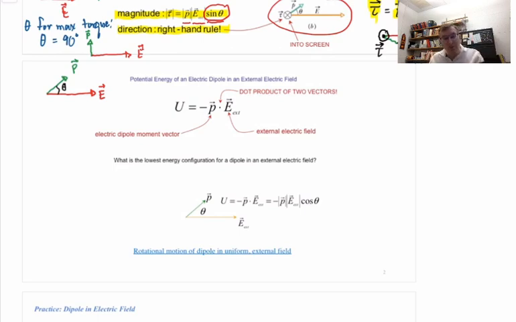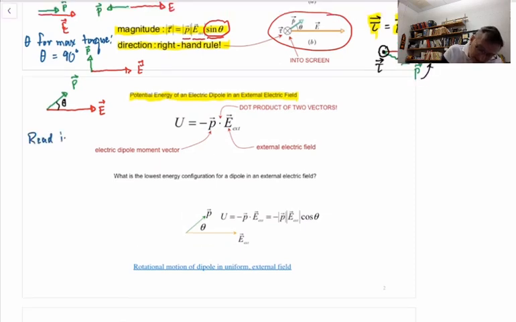If I want the dipole to be oriented like that, not lined up with the electric field, I'm going to have to reach in and rotate it myself. I'm going to have to do work analogous to stretching a spring. And so there is potential energy of an electric dipole in an external electric field. And I'm just going to tell you what that formula is. If you don't want to take me on faith, you can read the derivation